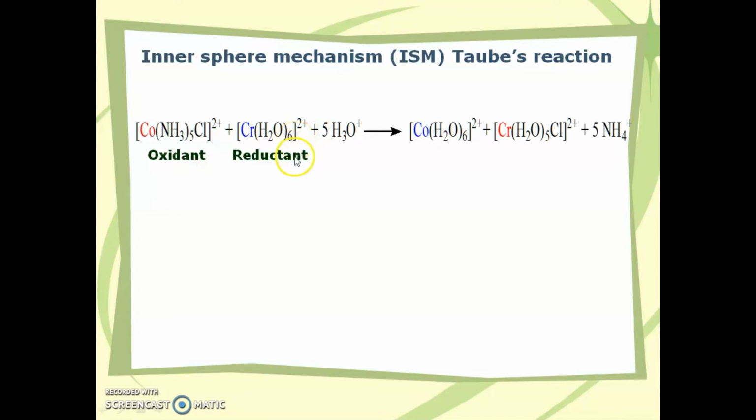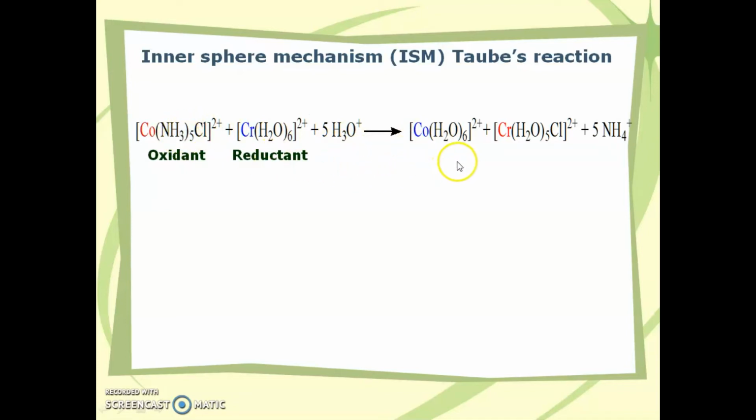And what are the other observations that we are making from this equation? The cobalt ammonia complex, which was present initially as the reactant, is converted to a cobalt aqua complex in the product. So along with the transfer of electrons, that is, cobalt being reduced from the 3+ oxidation state to the 2+ oxidation state, there is an exchange of ligands also. So which means that this complex undergoes substitution reactions also.